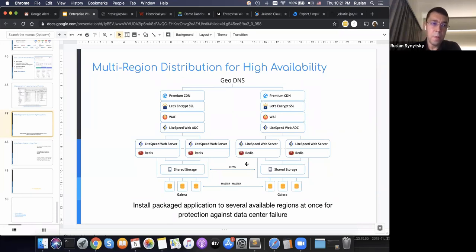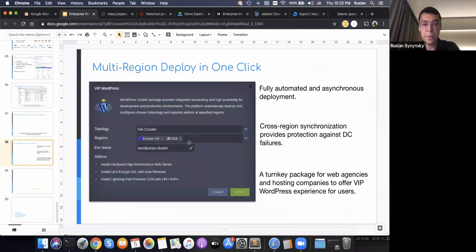We wanted to complete one cluster first of all, to make it fully ready, polish it, confirm that performance is great, and run it through many customers to get great feedback. At the end, if everything is going well, next year we will introduce this GeoDNS clustering out of the box as well, and it will look pretty simple. You will just choose the regions where you want to deploy and press the install button, and Jelastic will do all the heavy job in the background.